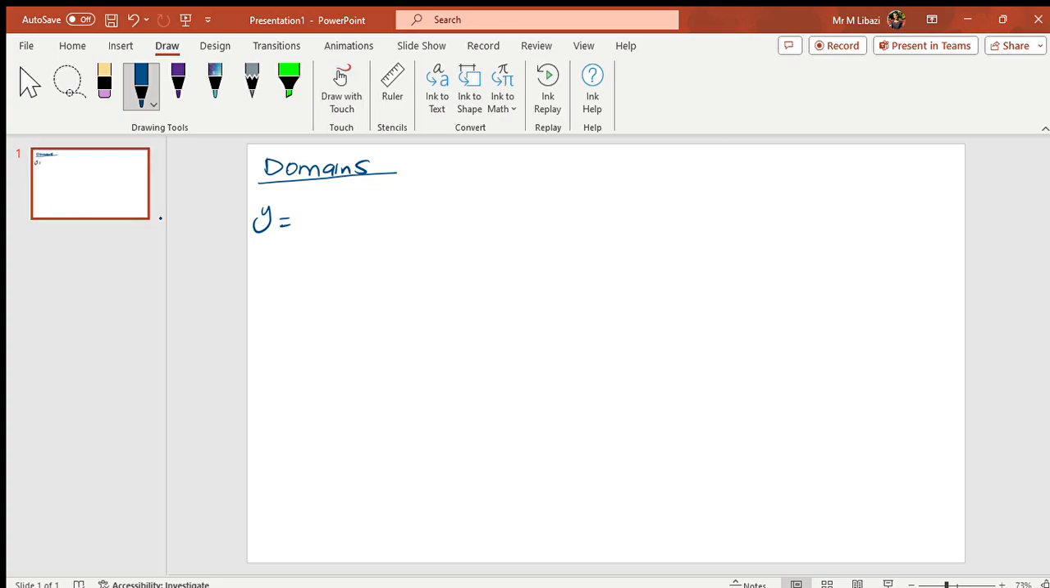Let's say now we have given this equation y is equal to 5x plus 1, and then we divide that by x squared plus 5x